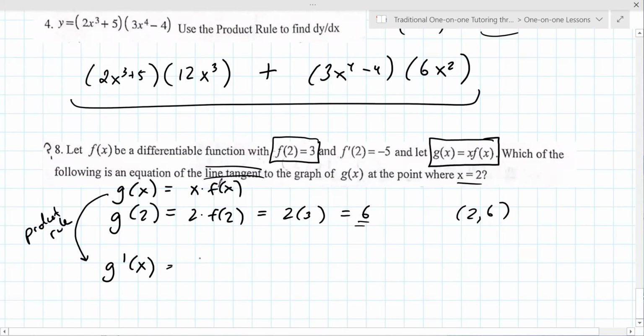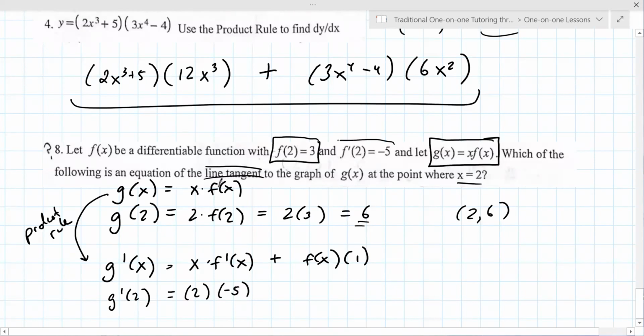Okay, so it's keep the first, x times f prime of x. Yep. Plus f of x times the derivative of x, which is 1. Yes. And then hopefully you know these values, and you do. You know that x is 2, so 2 times f prime, which is -5, plus